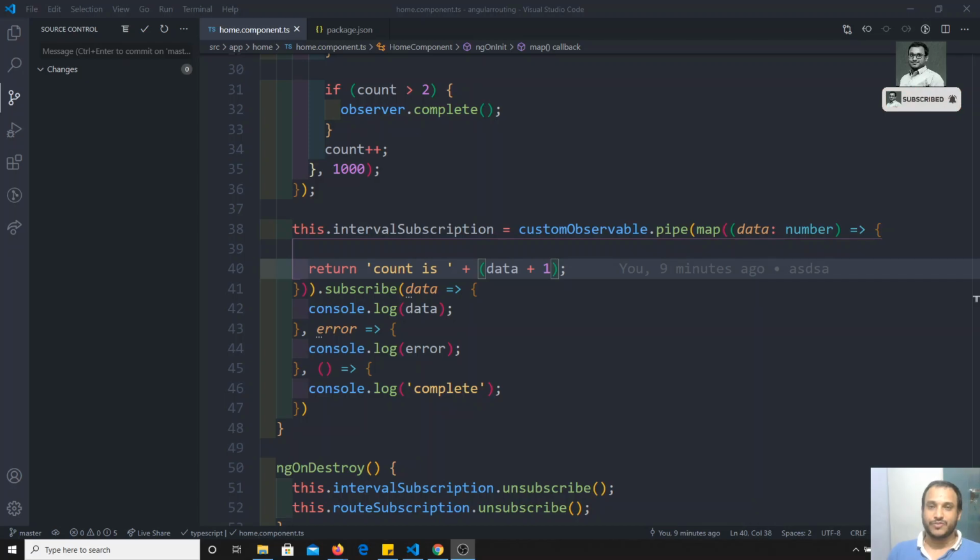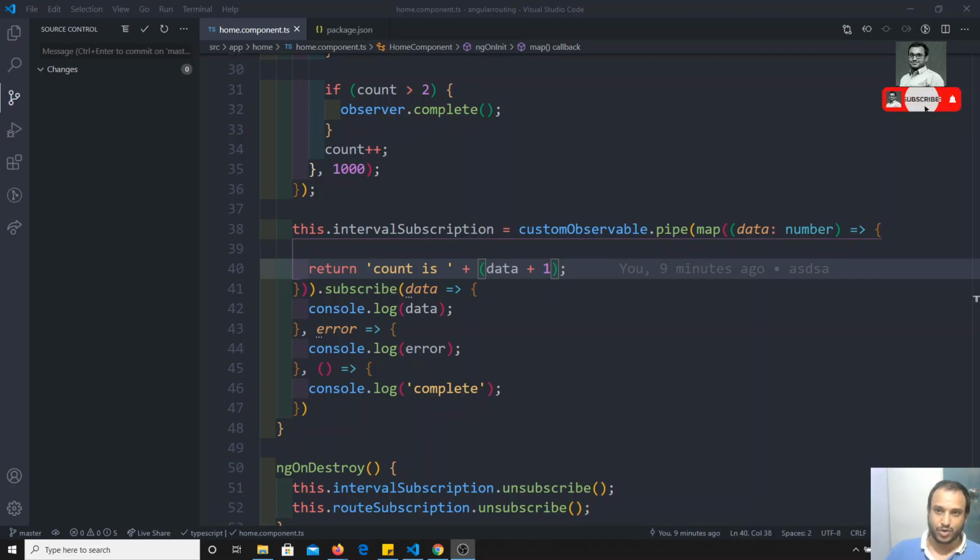In the previous video, we learned about the RxJS operators. So we have understood how to use the operators in the RxJS observable. And you may have a doubt: can we apply only one operator? No, we can apply multiple operators to the observables. So we will see how to apply multiple operators to the observable.